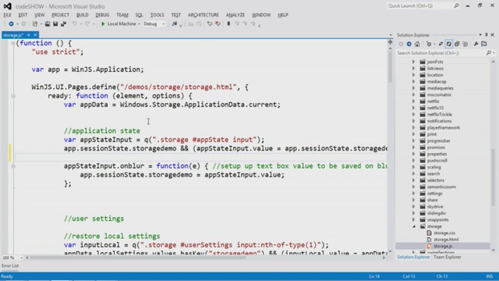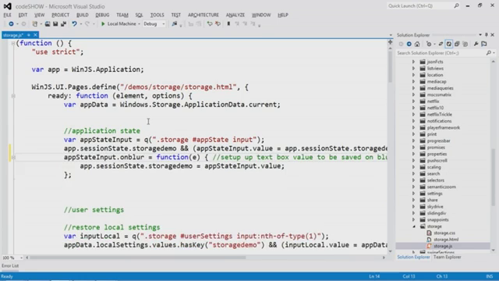This is one of the fun things about JavaScript, is the ability to add whatever you want right onto an object. And so we can add storageDemo on there, not because it existed before, but just because we want to. And in this case, we're asking the question, does it already exist? By using this kind of interesting, relatively terse, and perhaps not readable enough syntax, where we're saying storageDemo